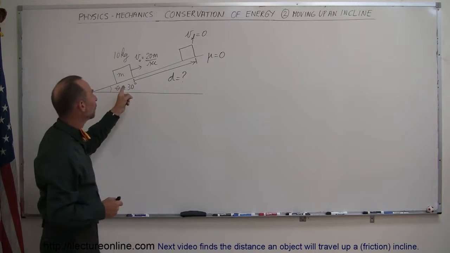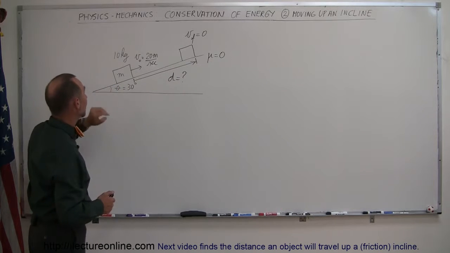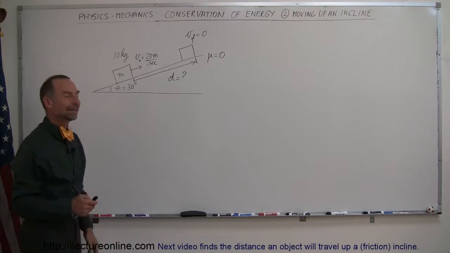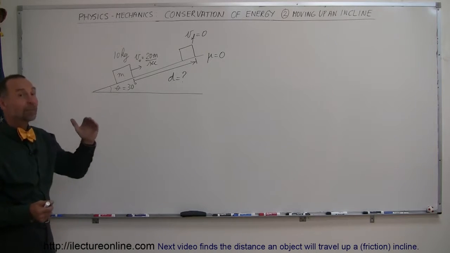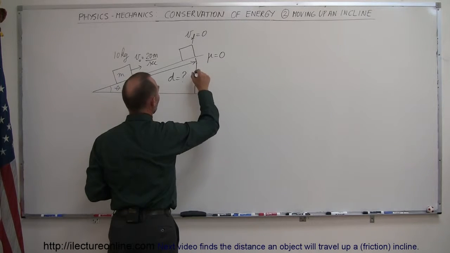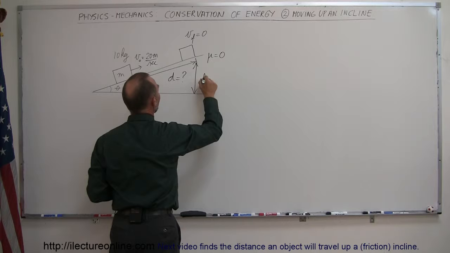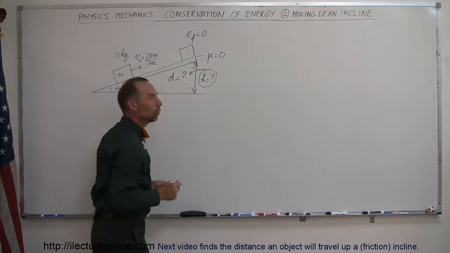And the question is, how far up the incline will this block go if the incline has an angle of 30 degrees and the mass of the object is 10 kilograms? So the way to think about it is, if it goes up the incline along the hypotenuse, it will have gained a certain amount of height. So we can probably go ahead and solve for this first,